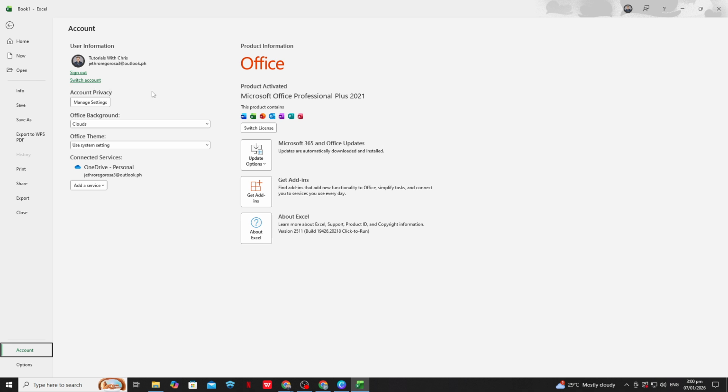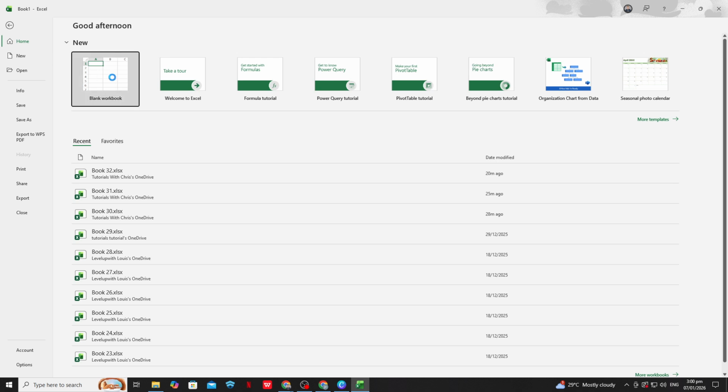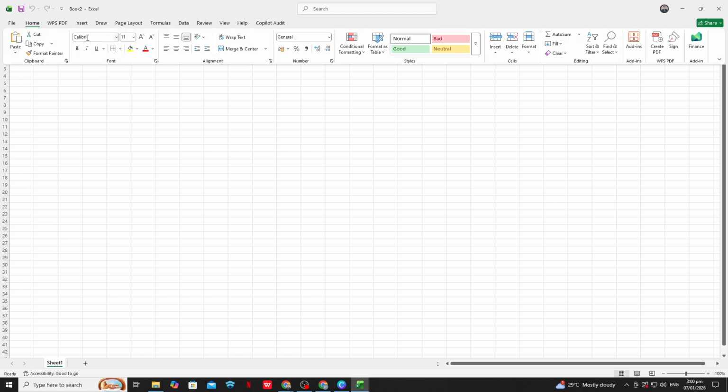Next, make sure you're running a version of Excel that supports Copilot Pro. Go to the File tab, then choose Account, and look at the Product Information section. If you see that you're on a current Microsoft 365 subscription, you're in good shape. This is also a good time to select Update options and choose Update Now so you're on the latest version, since Copilot features often arrive through updates. Once updates are installed, close Excel completely and then reopen it.